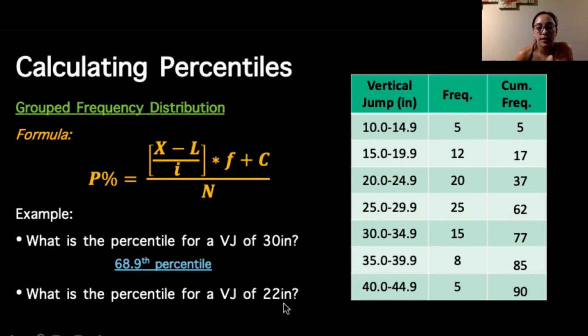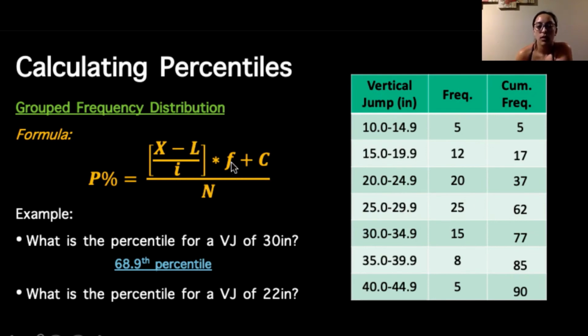We can do a similar process for calculating a percentile of a vertical jump of 22 inches. So again, we locate where 22 is in our group frequency distribution, which would be here between 20 and 24.9. So 22 is our raw score of interest, minus the lower bound of the group 22 is located in, which is 20. So far we've got 22 minus 20 divided by our interval size, which is 5. You calculate that